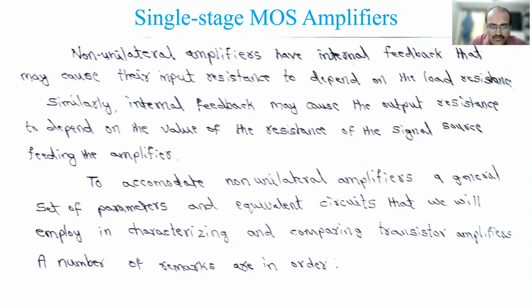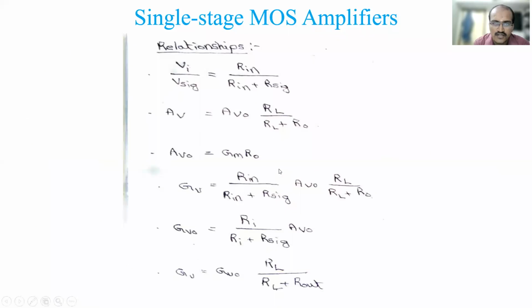So some remarks are there about these. We gave the equations yesterday, and now I will tell you about that point, and we'll see one problem, on how to use that relationship. Lastly, we have seen these six different relationships, and how to use them in the equations to solve any problem. A general problem we will solve later, considering the MOSFET amplifier.